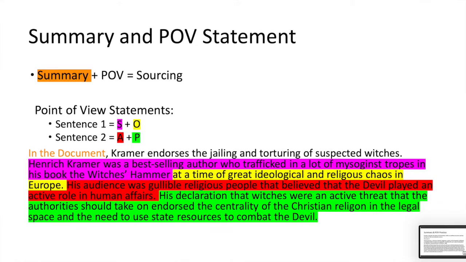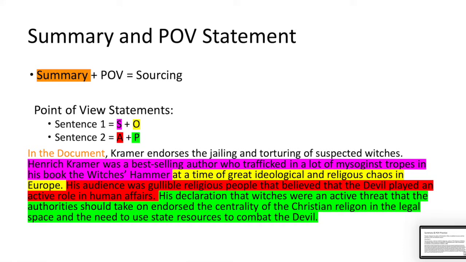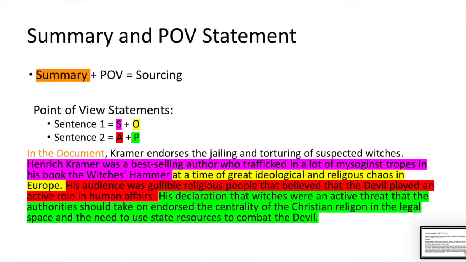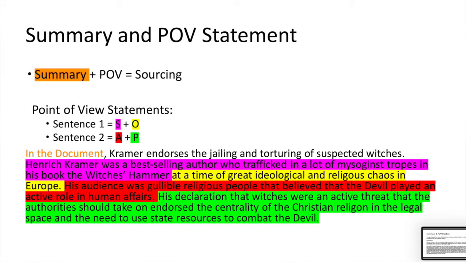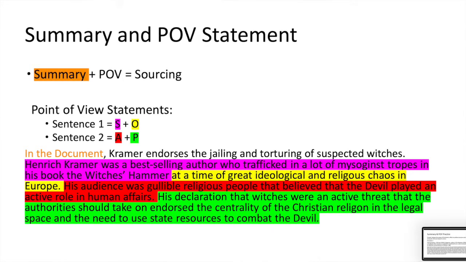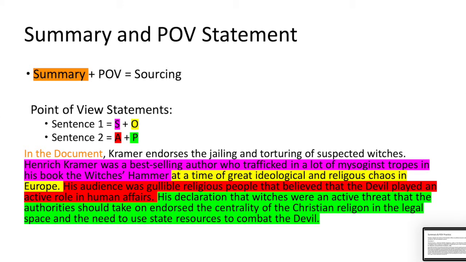So when you talk about the speaker of a source, you get it directly from the document, so it's Heinrich Kramer, but you want to bring in outside information about Heinrich Kramer if possible. If not possible, you can talk about other elements of SOAP more heavily, and that will also probably get you the sourcing point.